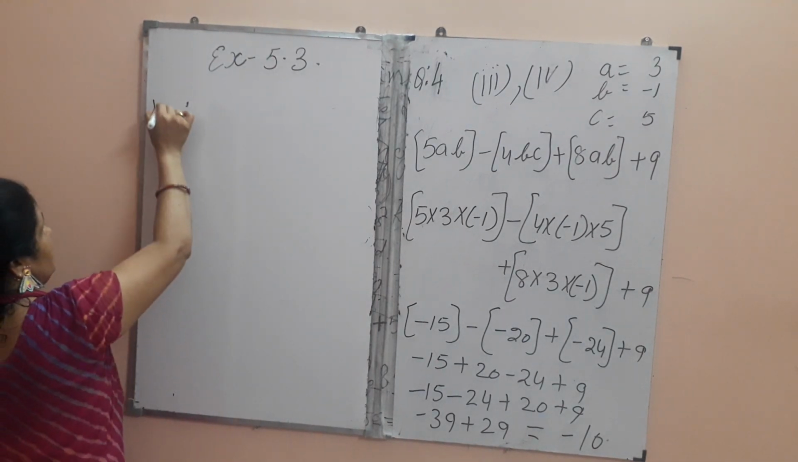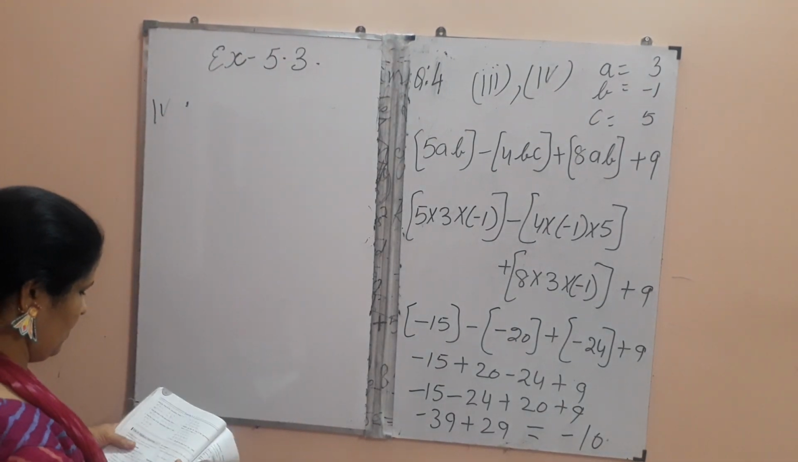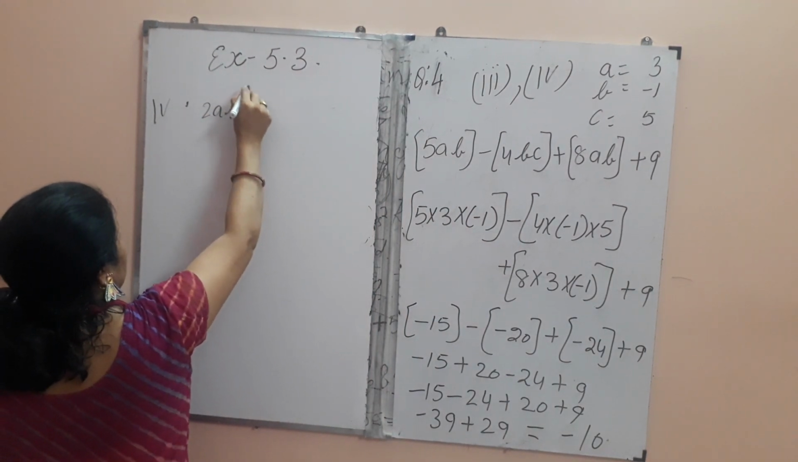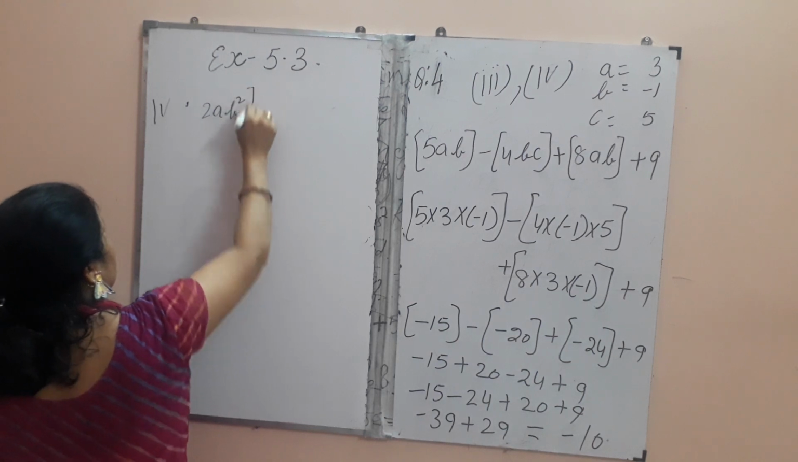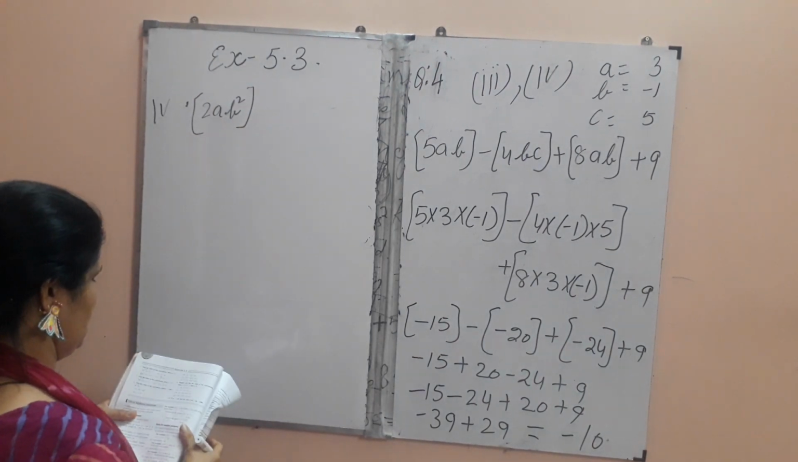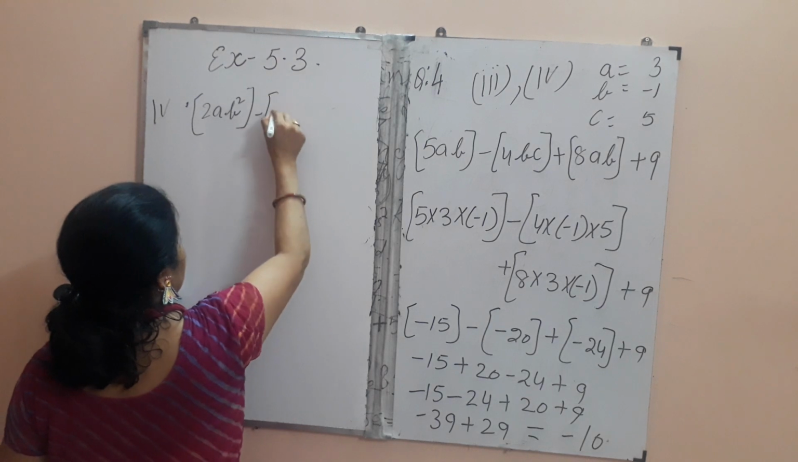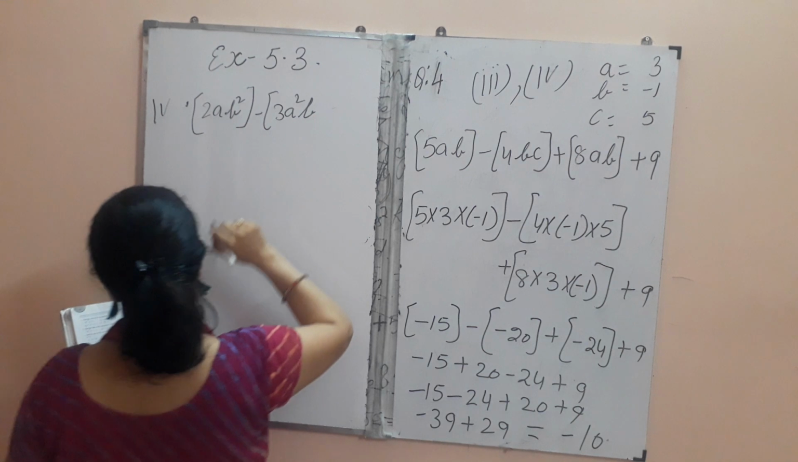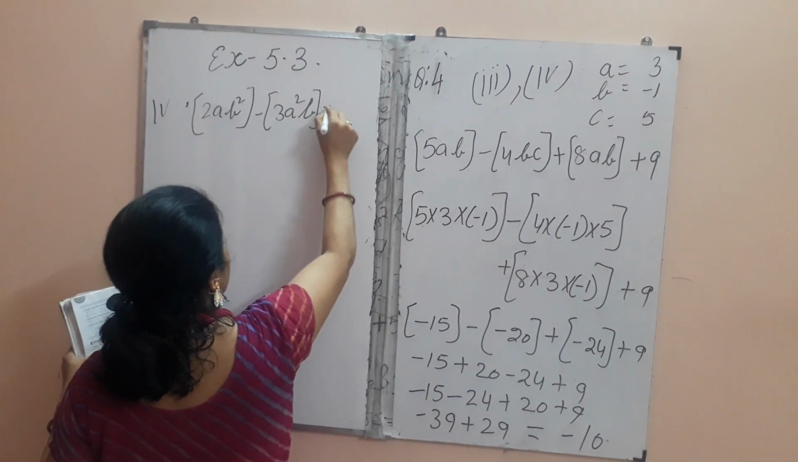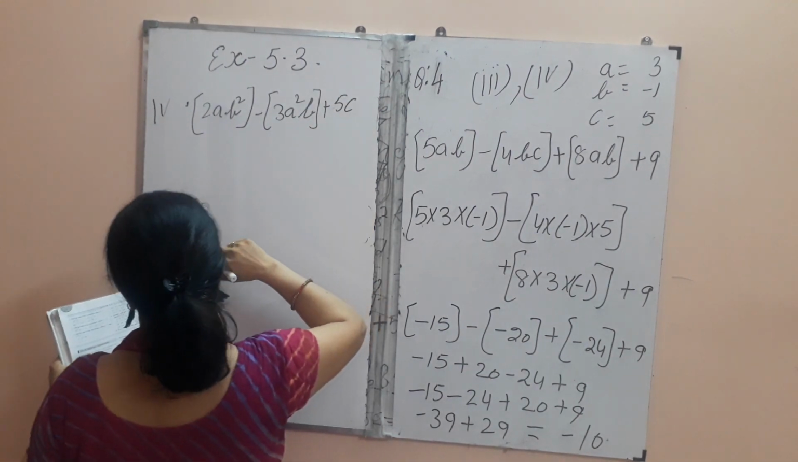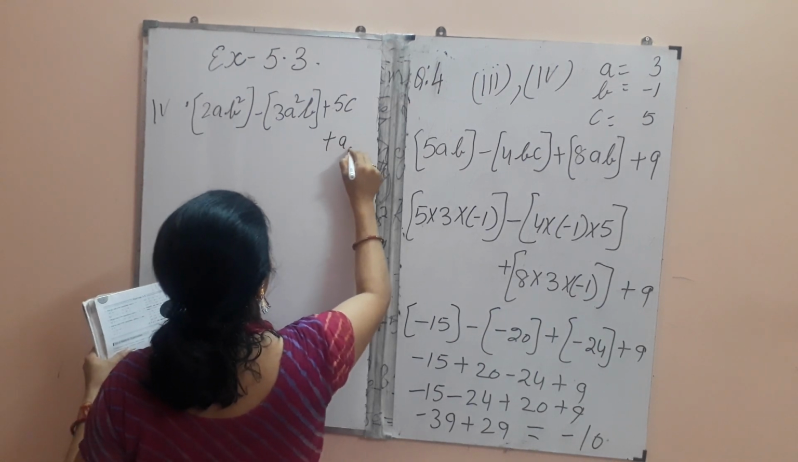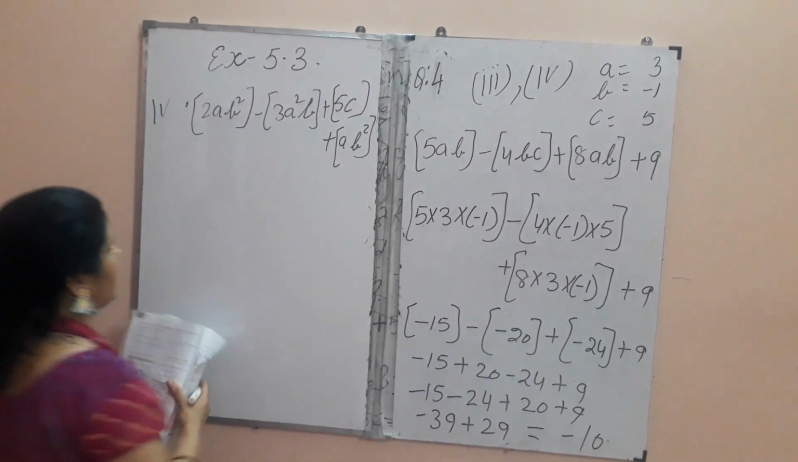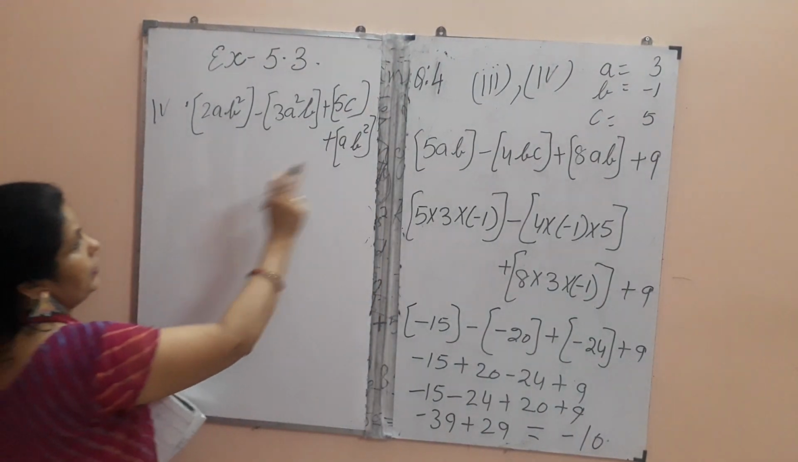Fourth part of this, 2ab square minus 3a square b plus 5c plus a b square. We will put all the terms in the big bracket. Now a is